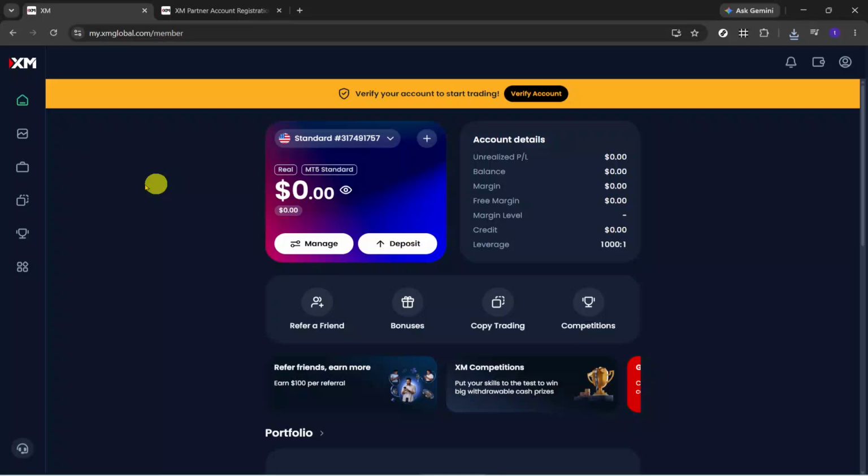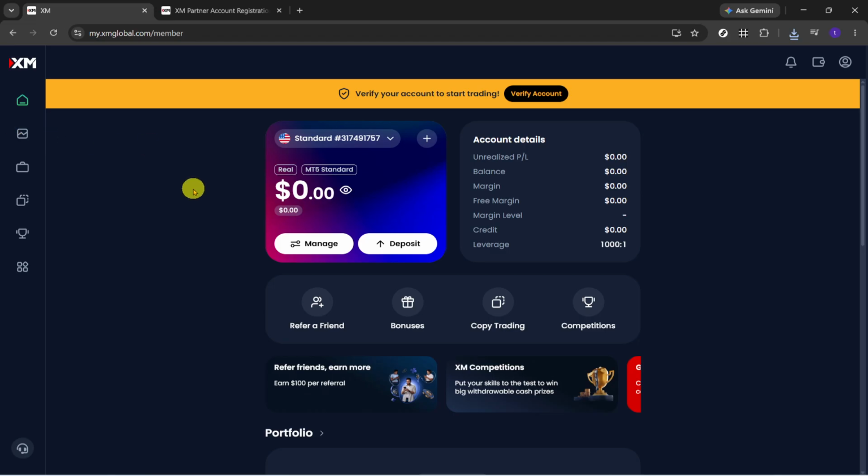Hello, today we will guide you through how to trade an XM demo account. To begin, open XM and make sure you are logged into your demo account dashboard. Starting from the main account area helps you access the trading tools quickly and keeps the process simple. If this is your first time using the platform, take a brief moment to get familiar with the layout before